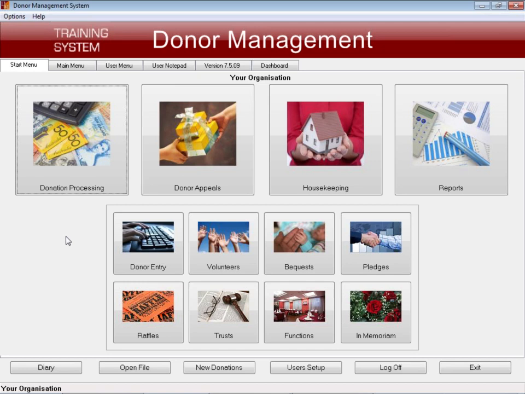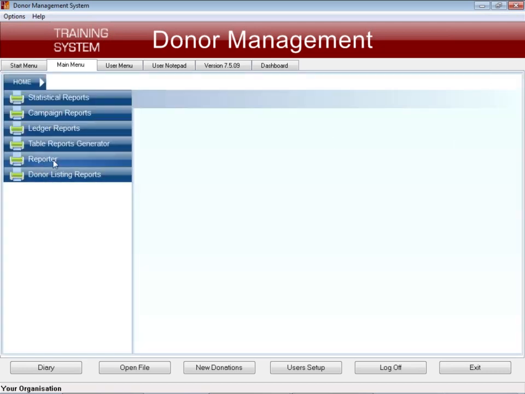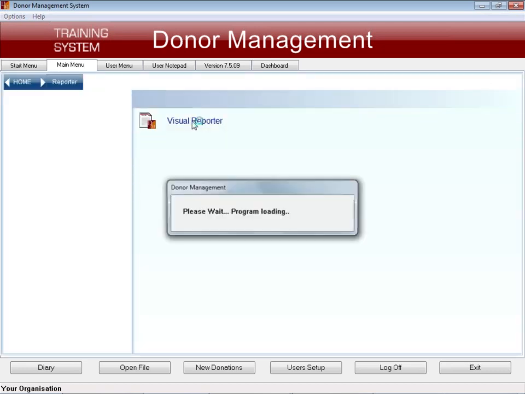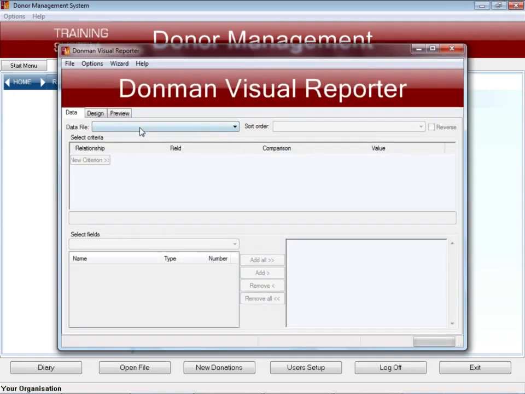Normally, if I had to do a report like that, I can either do it as the reminder letter, because remember that'll come out as part of the file. I can have those, but if I've got, say, everyone who's due on the 15th, and I'm looking for something different, it'll probably be much easier to do it through the reports menu, through the visual report writer, where I can look at the pledges and look at the expiry date.